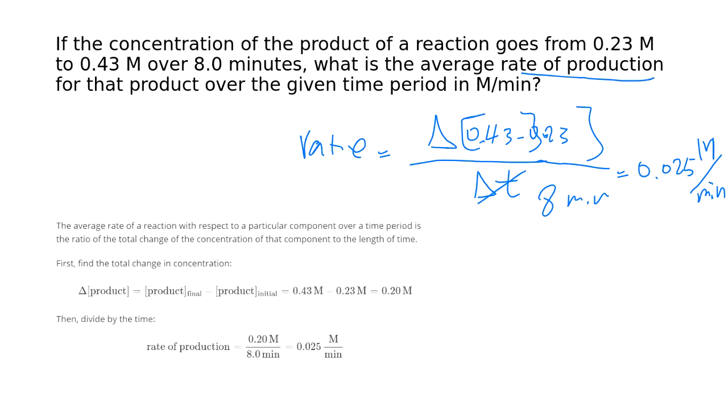If it's a multiple choice and the answer is given in mole per liter per minute, or change in concentration per minute, you can stop here. If the answer choices are given in seconds, then you have to change it to seconds. But if the choices are given in minutes, you stop here. That's the only challenging part, in case the choices are in seconds. Other than that,